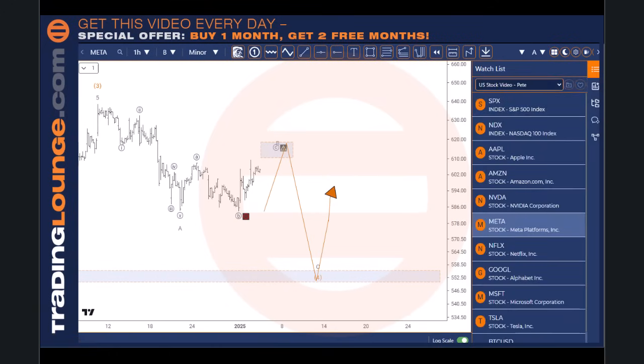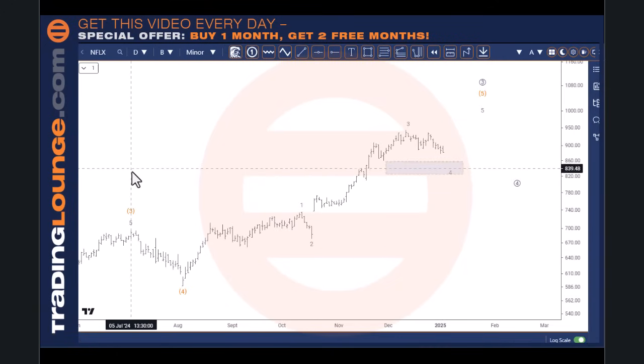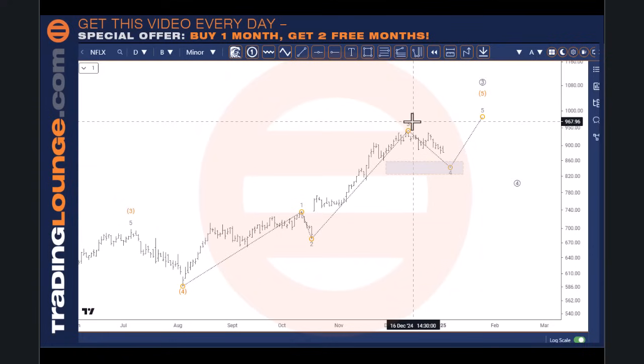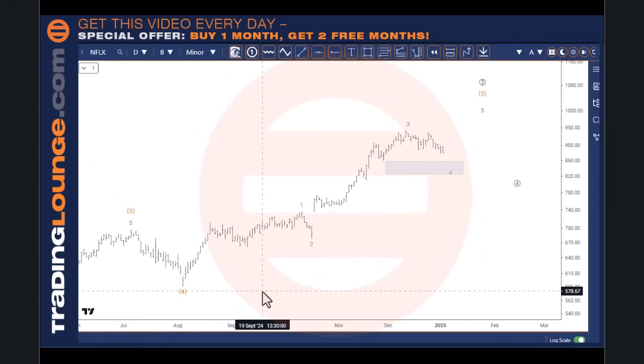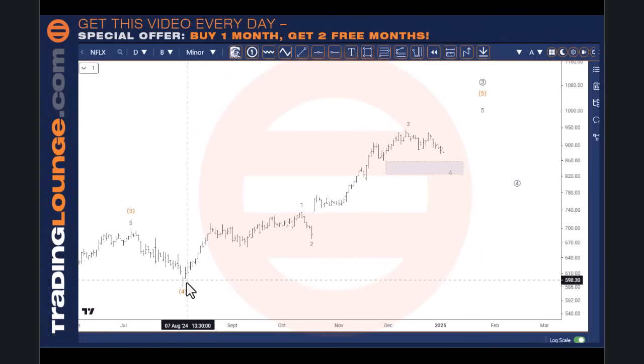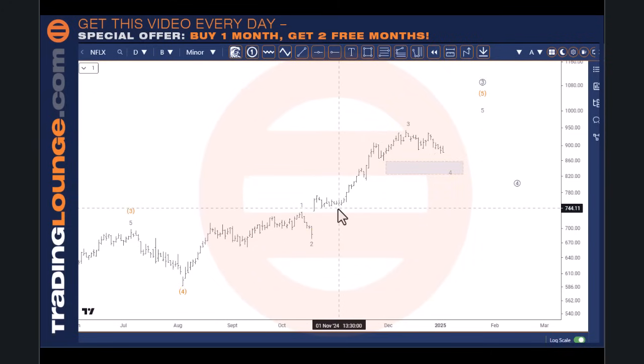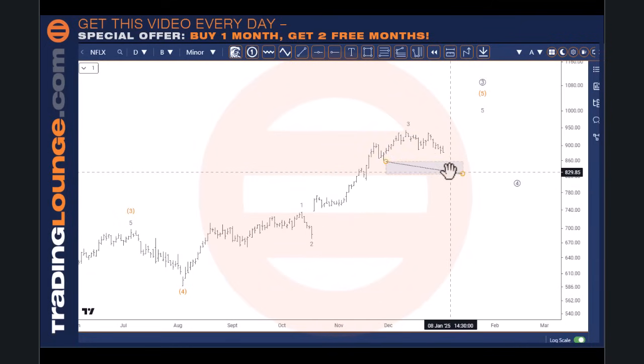So we'll look at Netflix now. With Netflix here, this count is pretty straightforward. The only mistake I could make here is have a larger wave 3 at this point, but I like what I've got here. I could do it a little bit differently, but I like this little 1, 2, 3, 4 here, and then 5 to here, then the 1 and the 2 here, and going up here for the fourth wave. I could have it one degree higher, but anyway, we're in this particular correction here. This is the 38.2%, so down at the 820 area, 830, 820 in this sort of zone here.